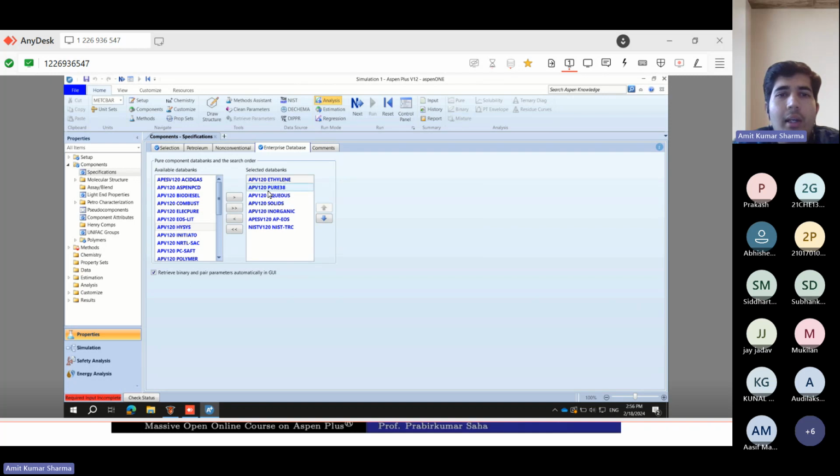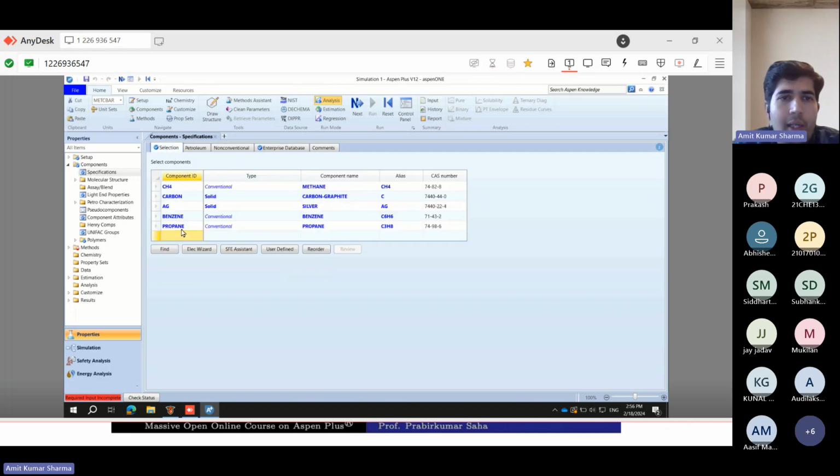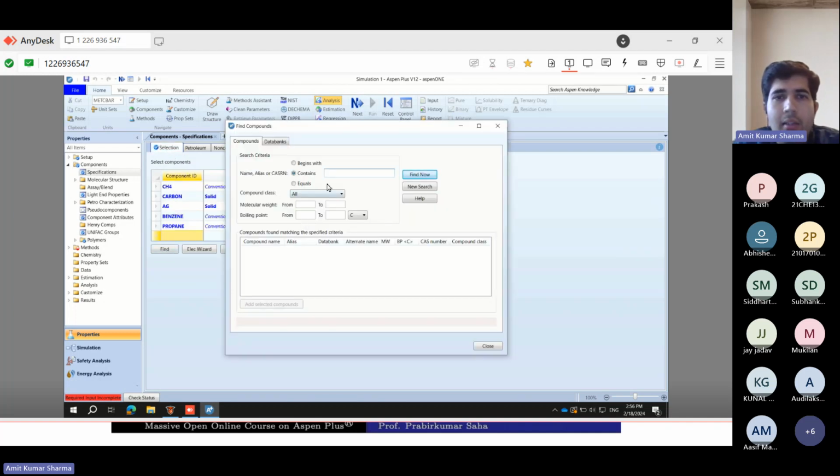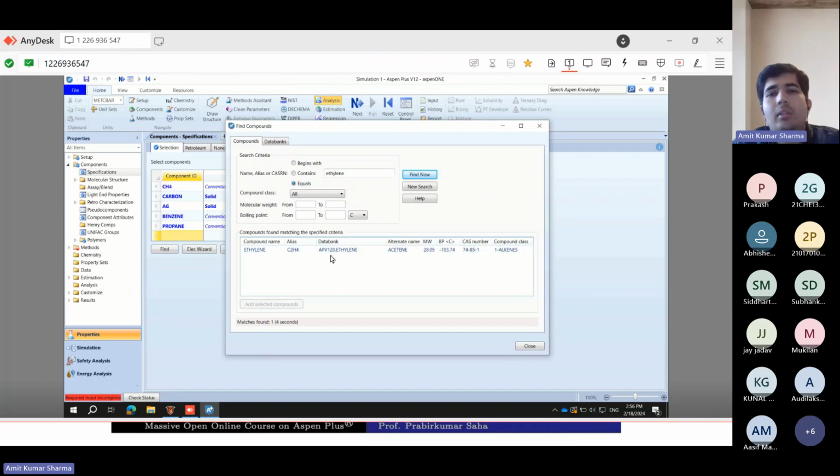Earlier APV 120 pure 38 was at spot 1, but now the ethylene data bank is at spot 1. Now if you go to the component ID and find ethylene, you can see the data bank has been changed. Earlier it was APV 120 pure 38, but now it is coming from this data bank. So in this way you can do it.